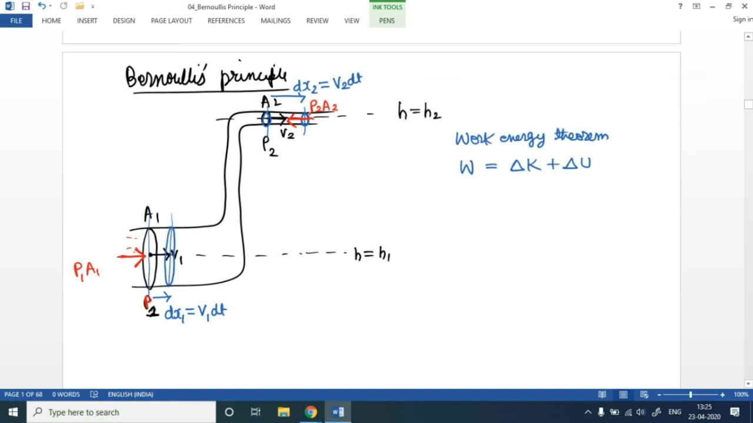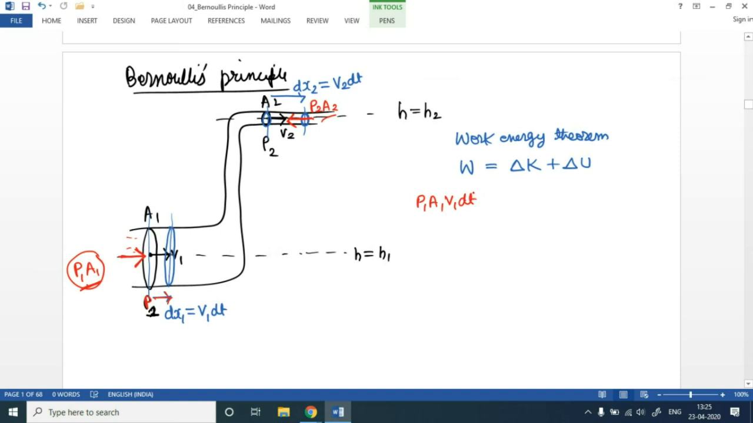The force due to pressure is compressing in nature. So the liquid from the left side is exerting force in rightward direction, and liquid from the right side is exerting force in leftward direction, you can see. So what will be the work done by these two forces? Work done by this force would be force dot displacement. So the work done by P1 A1 would be P1 A1 dot displacement, which will simply be v1